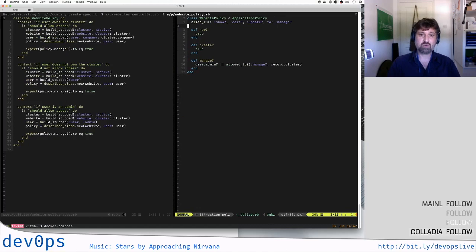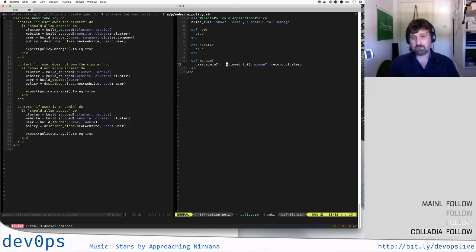So for the show condition, I've actually aliased that to the manage condition. So this gets delegated to manage, and manage concludes if it authorizes the user on this condition, if the user in question is an admin, or if,